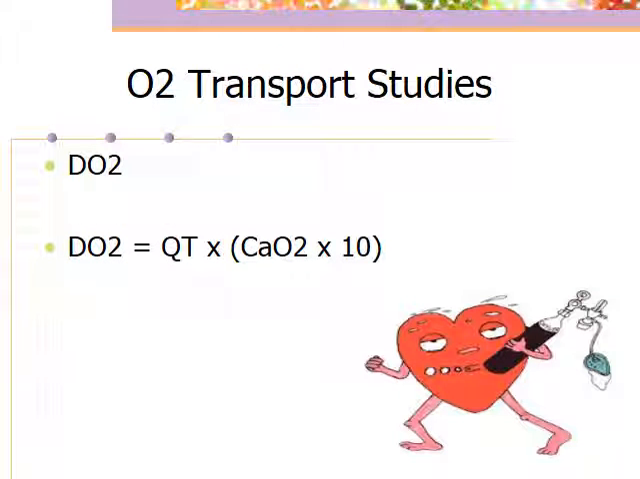All right, let's look at DO2. We'll start in on our O2 transport studies. This is DO2. This is oxygen delivery, okay? These are used to evaluate a patient's cardiac and ventilatory status. We'll look at the O2 that's delivered to the